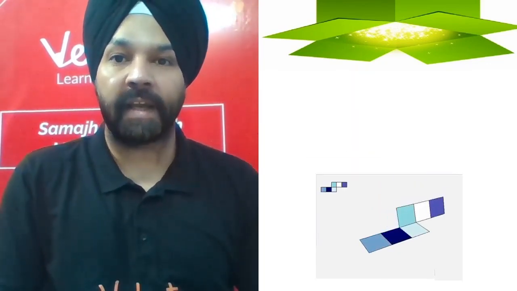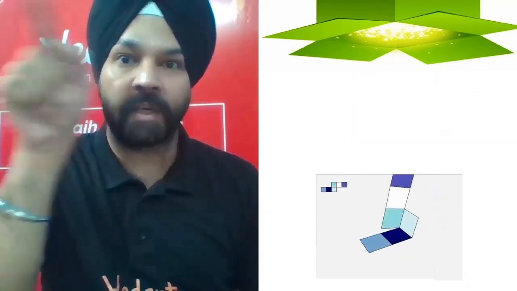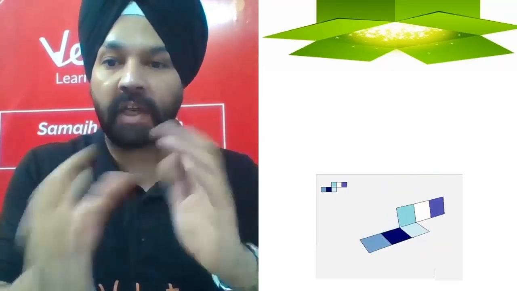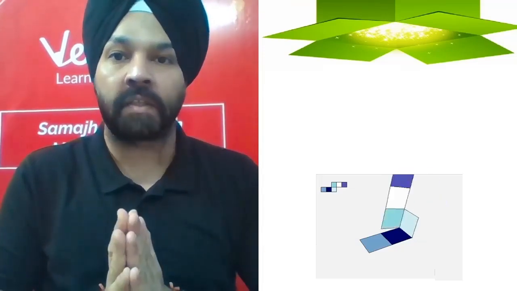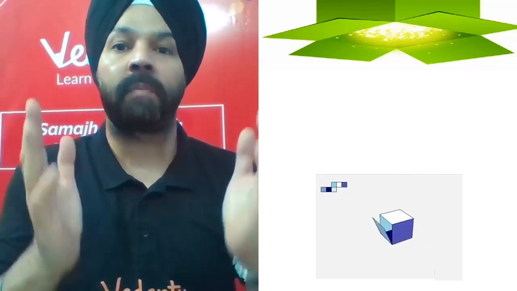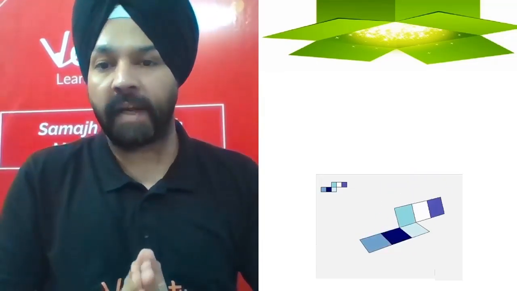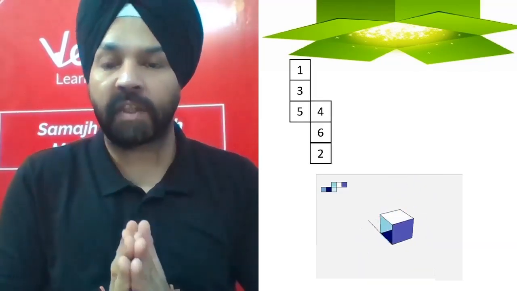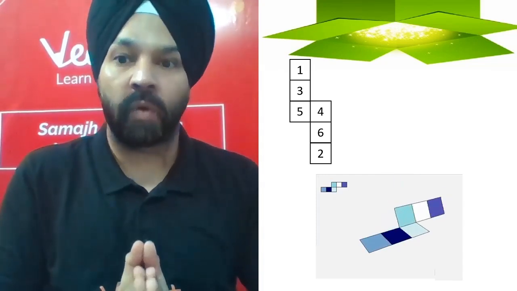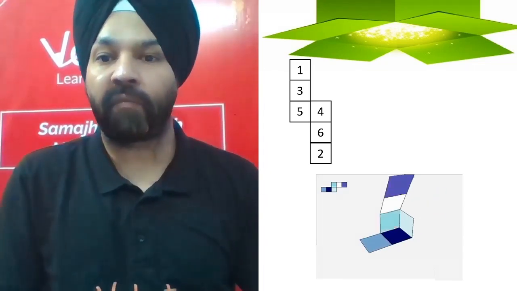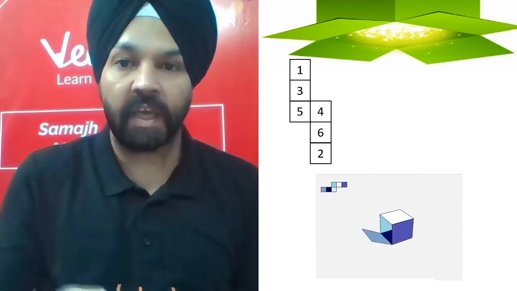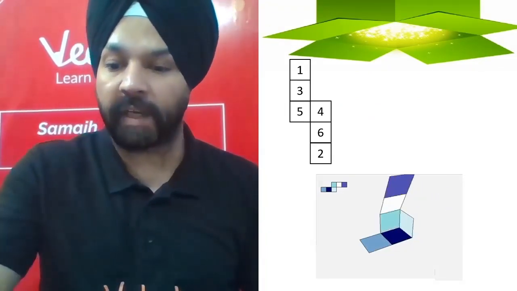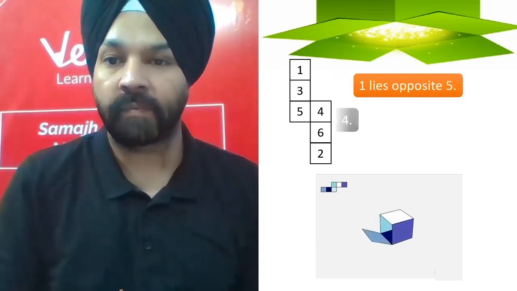Now this is like the overlapping of 2 L-shaped diagrams, right? You can see how this diagram can beautifully transform to form a cube or a dice. But it will be a dice only when we will place some numbers on it. So let's place some numbers on it. I placed 1 3 5 4 6 2, and now we will see what we can infer from this, right? You can see how this diagram can be transformed to create a cube or a dice.